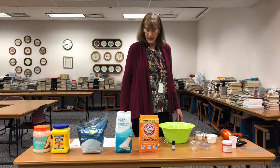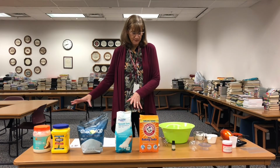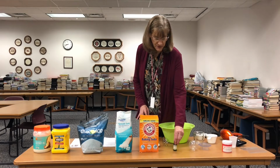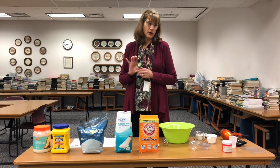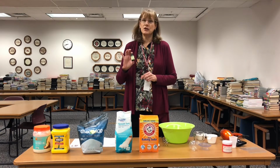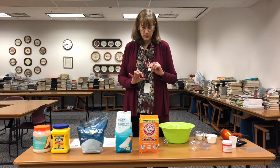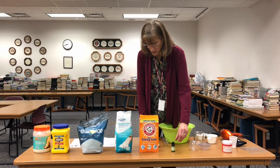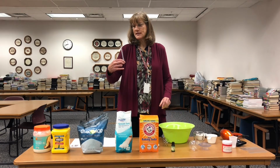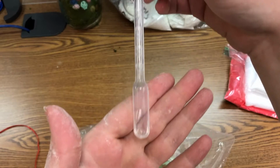Once we make our bath bomb, oh, and I almost forgot, a little bottle right here, peppermint oil, essential oils. You can use any essential oil, but for these we're doing peppermint. And I just want to mention, when you get yours, we put your essential oil in this pipette, and it's got a little glob of